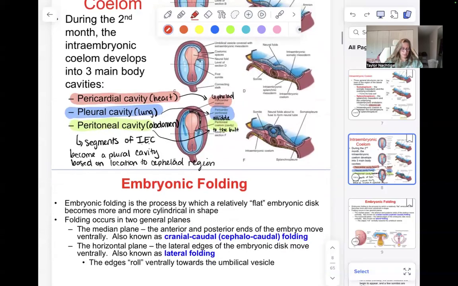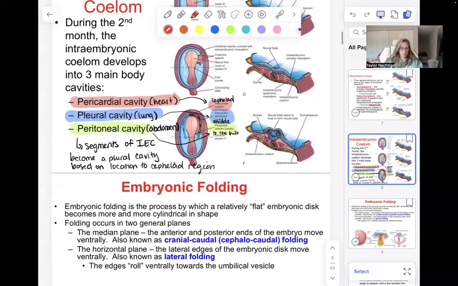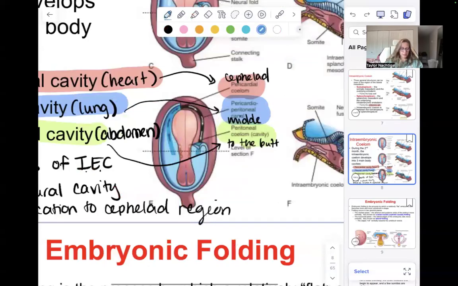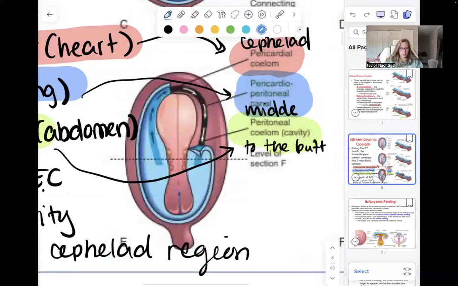The portion of the intraembryonic coelom that becomes each of those three cavities is really going to be dependent on its geographical location, if you will. The part that is more cephalad, or to the head here, is going to become the sac around the heart. The middle layer, you can zoom in here, this segment here is going to become the peritoneal cavity,